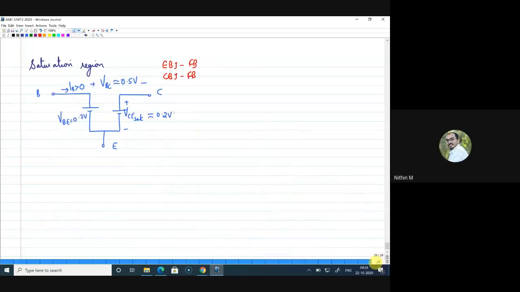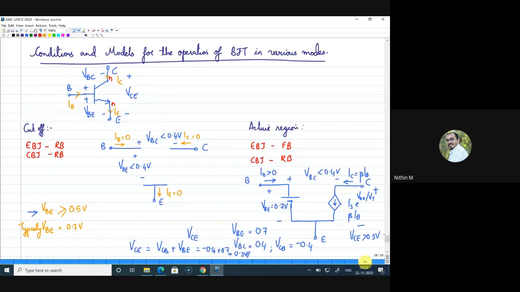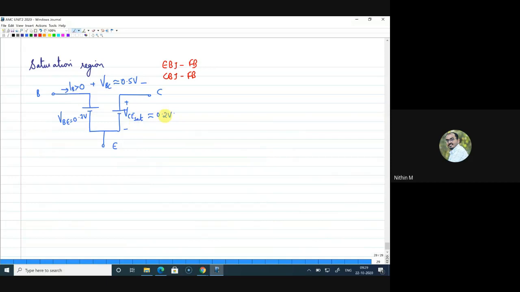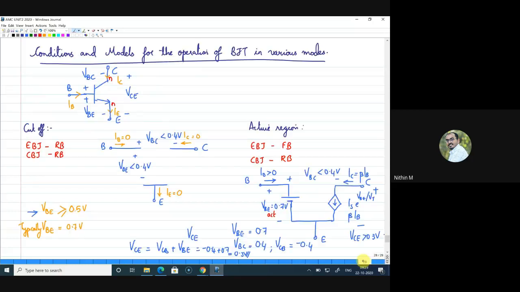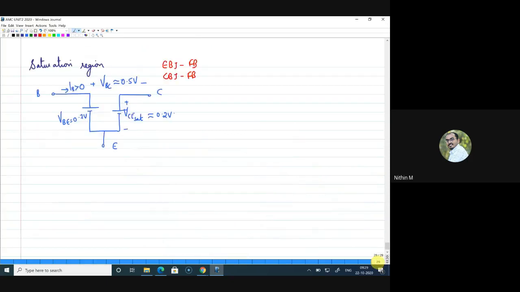Yes. So why I have written this is because in most of the cases when we solve numericals, we will always take VBE active as 0.7. Then another value we take is VCE saturation as 0.2. Then you will not get a doubt. Why these, from where have these numbers come in? Everything depends on the VBE voltage. Even though it is typically 0.7, from 0.5 onwards we can actually see a slight current, right?